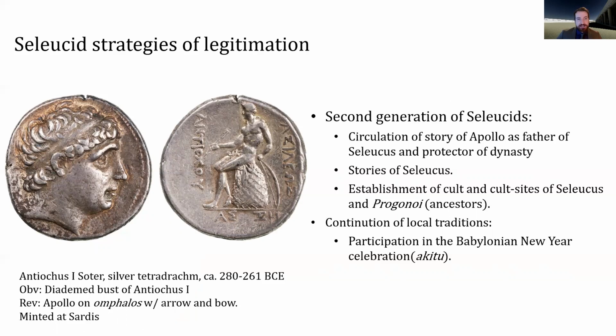Under the second generation of Seleucids, essentially following the reign of Seleucus I, we see a circulation of Apollo as being the father of Seleucus I. So Apollo, the one with the oracle at Delphi, starts to become very important, and they use him as the divine progenitor of the Seleukid line. Just as Alexander made his claim to Zeus and Hercules, the Seleucids looked to Apollo as their divine ancestor to legitimate their